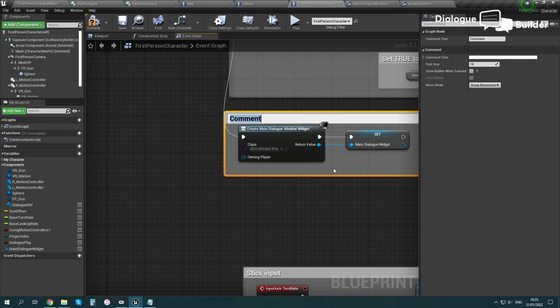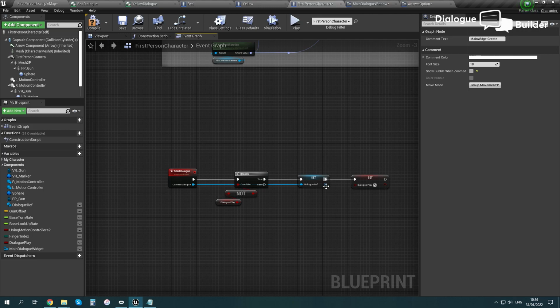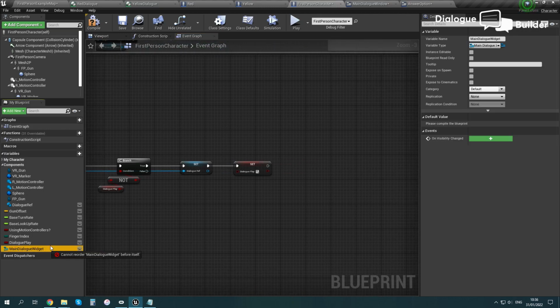Let's make a comment for this part. So now we are ready to add this widget to the viewport, but firstly we need to create the function